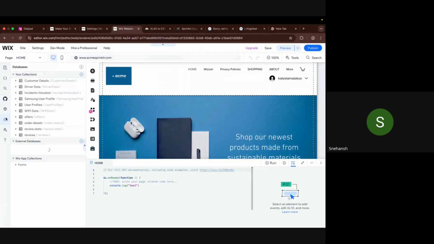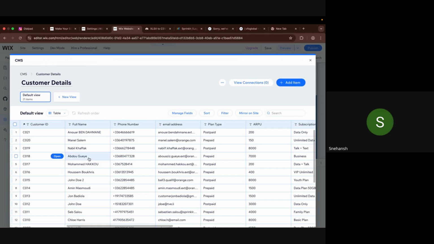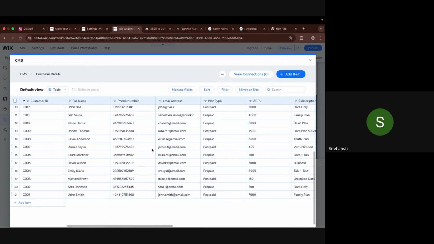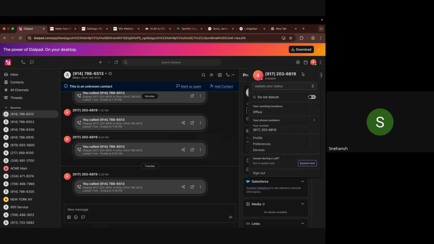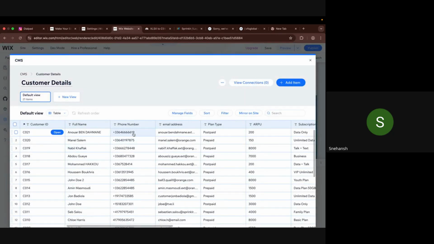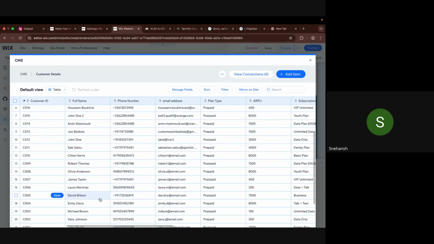So this is a dummy database that we have created just for demo purposes. Let's say I have these many phone numbers available, right? So I have my phone number, which is 6819 203 6819. So let us find out which is 6819. Yeah, this one. So a person whose name is David Wilson, if this person calls with this number, we